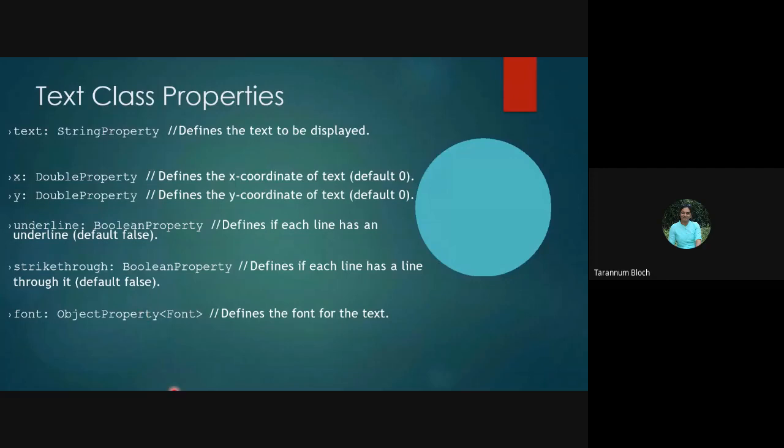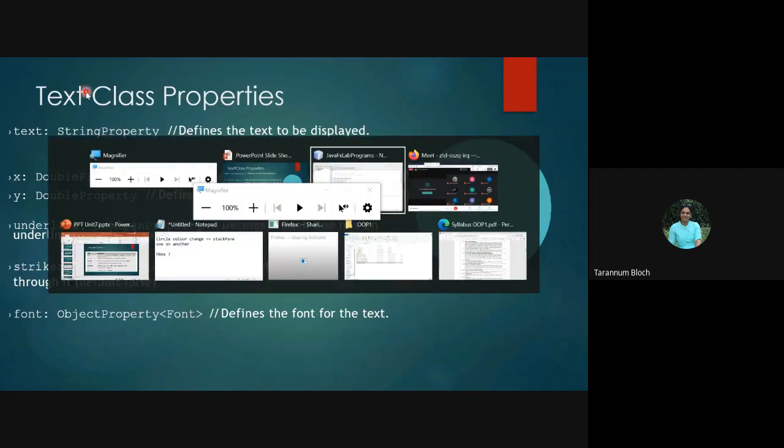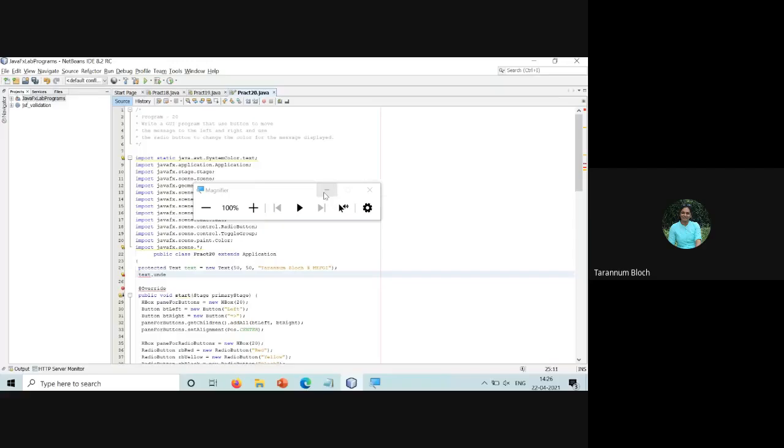It's only underline, but it is not working. Maybe we have a version issue.